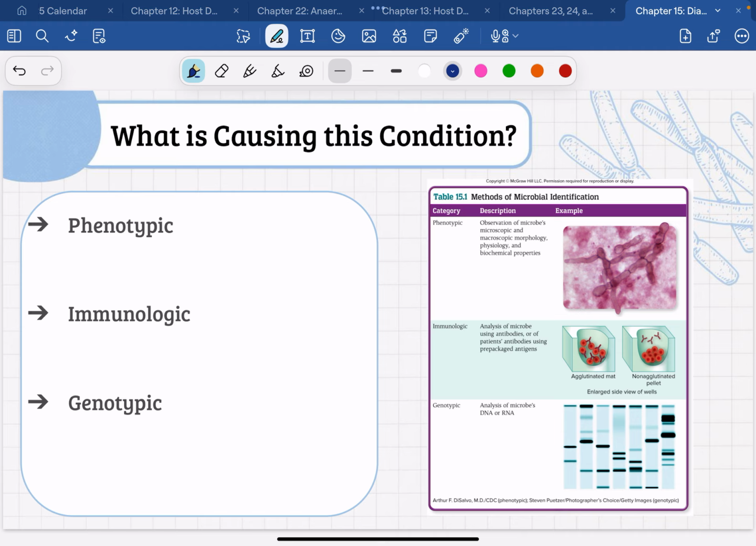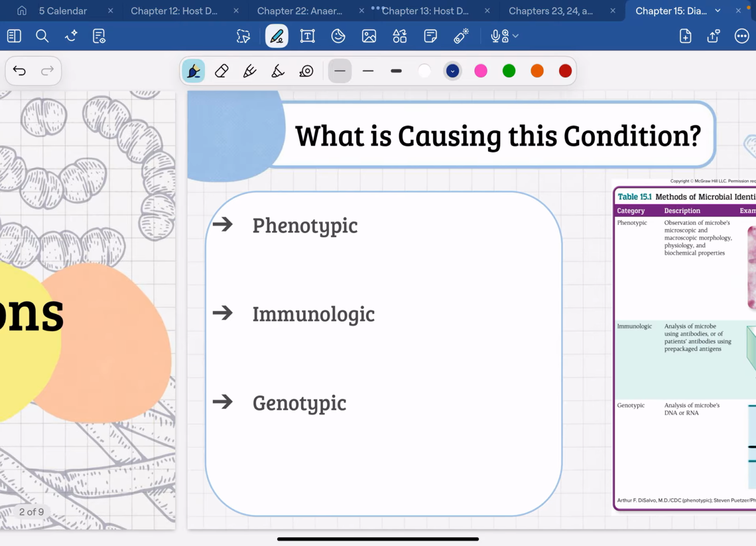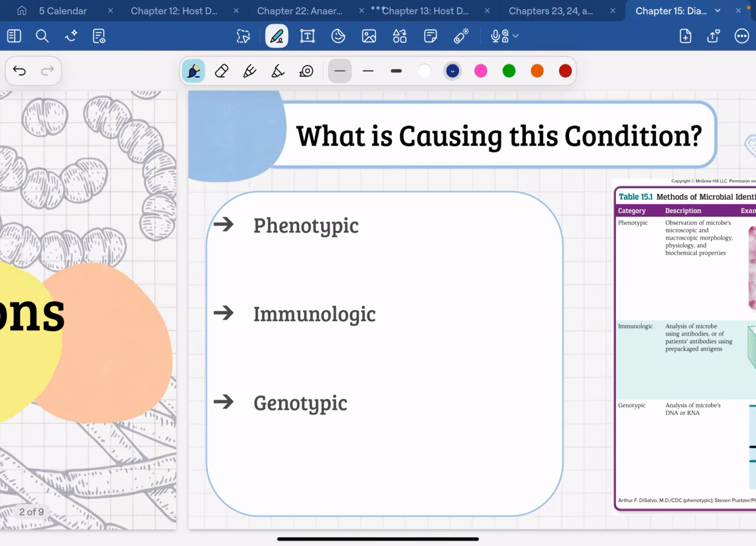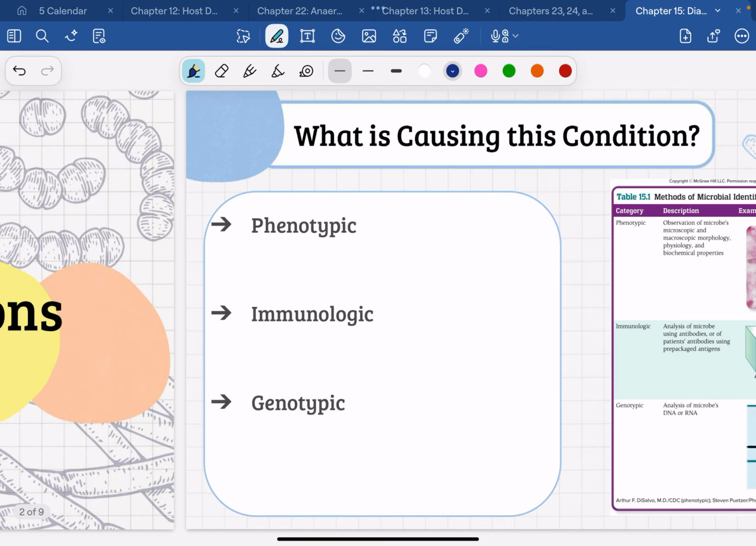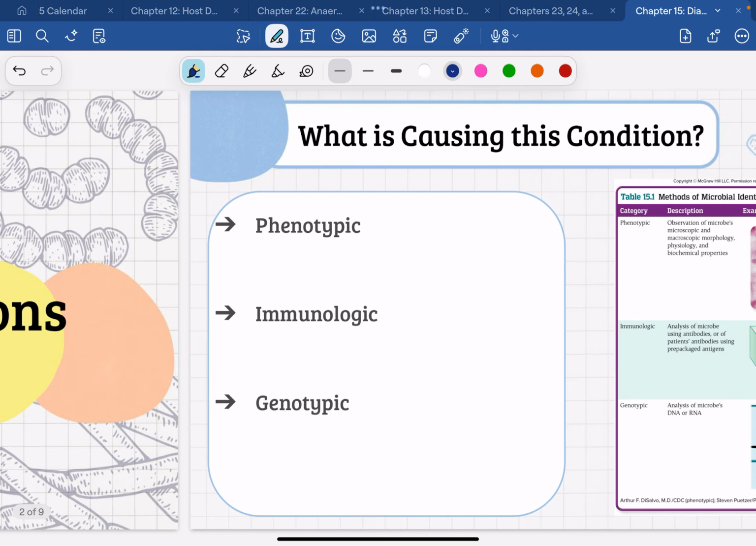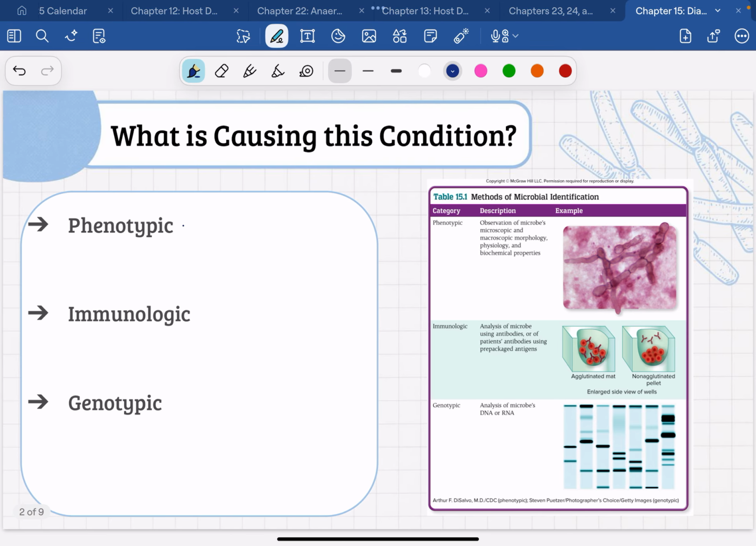And there are a couple of different ways, 3 different ways, that we typically diagnose infections. And all 3 of these are still used really commonly in different ways. So the first way that we diagnose infection is through phenotypic testing. And phenotypic means physical,